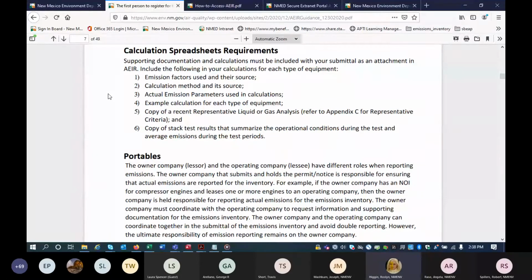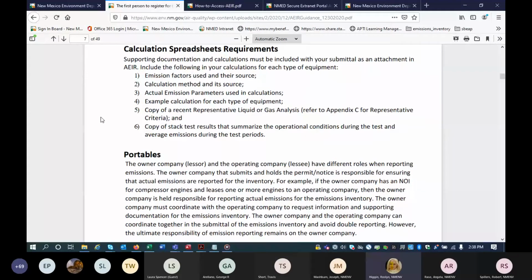Tanks AP42 has updated their emission factors in 2020, and we're asking that you use the updated emission factor for your tanks. Okay, I hope that's clear. If there's any questions, go over this and make sure those 6 parameters are included in your calculations.